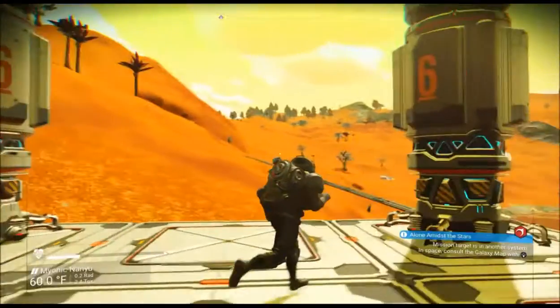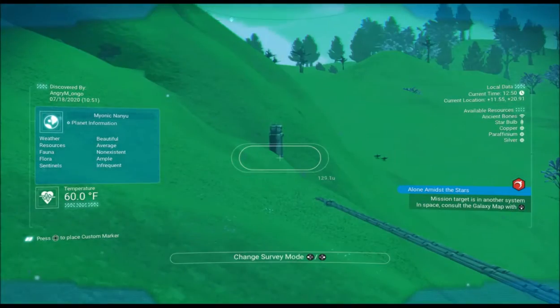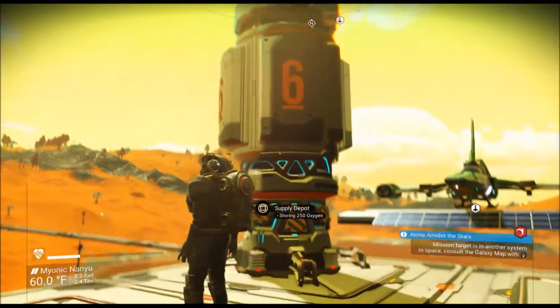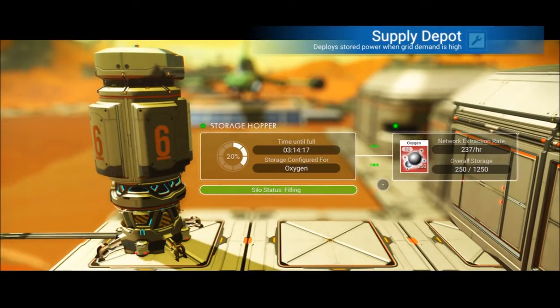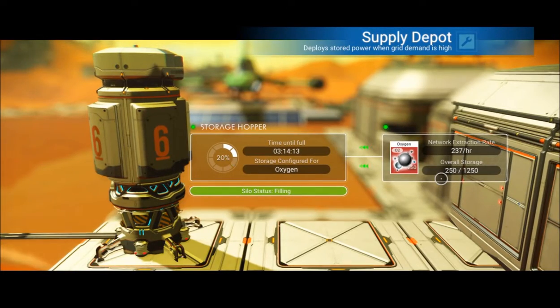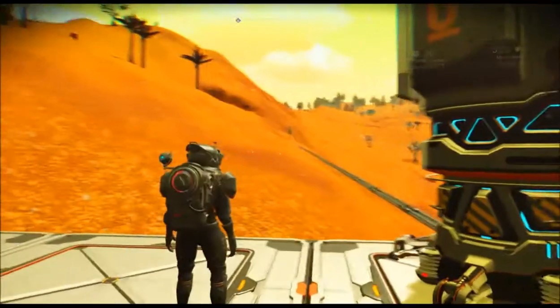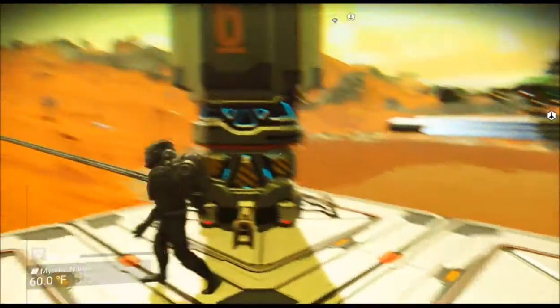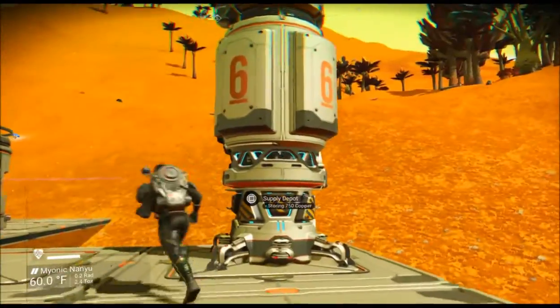That's pretty good. Got my oxygen mineral gas extraction. And that also goes into a supply depot. The storage hopper that it has will fill up the supply depot. I have about 1250, and then I can always add more onto that, but it'll take further time. That's good to have oxygen around because you can always turn that into carbon if I happen to run into